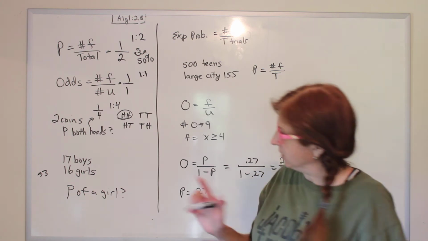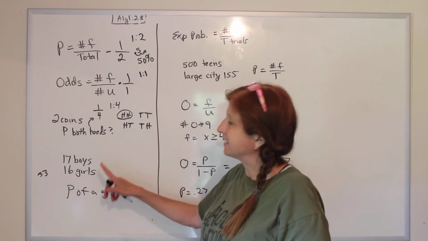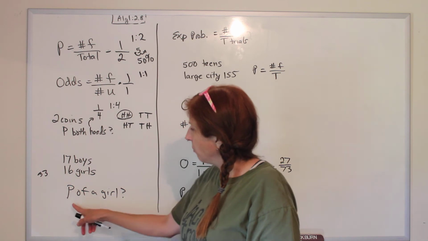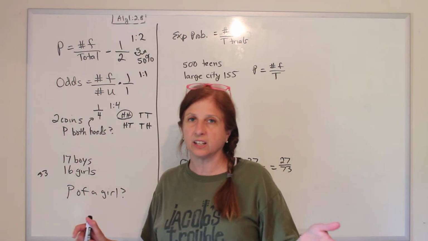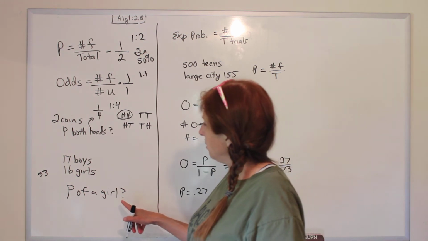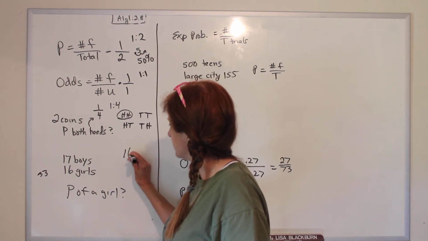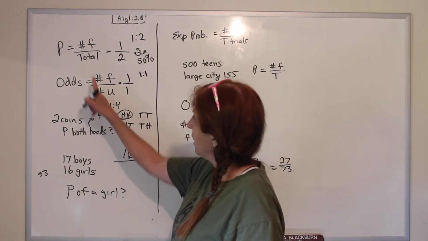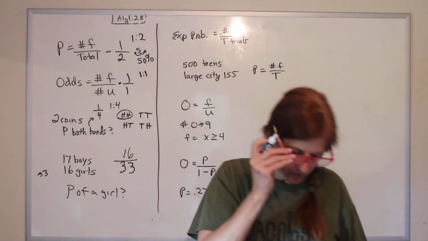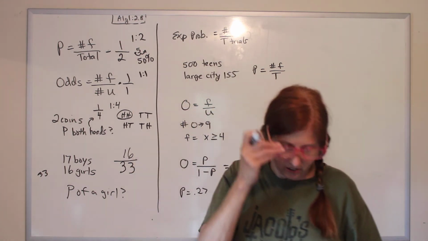1B says an algebra class has 17 boys and 16 girls. And so that means altogether there's 33 kids. What's the probability if you selected an algebra student at random that it's a girl? Well, our favorable is there are 16 girls, and our total is 33. Did they reduce that or anything? No. So then you could do that on your calculator, and it was